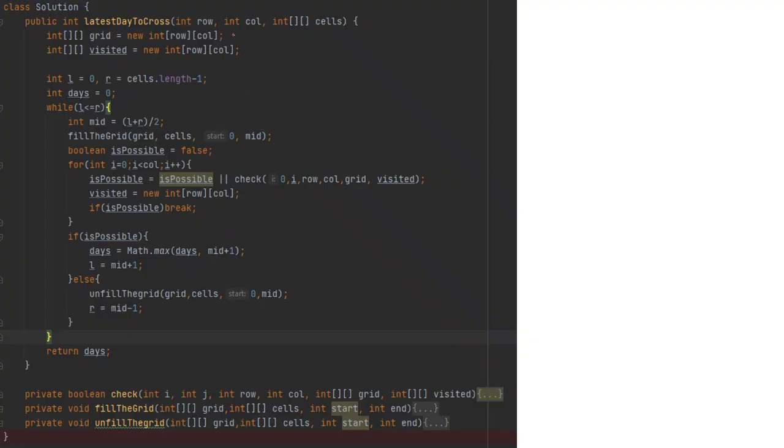See, we have initialized the grid, and we have this visited. You know the visited is needed for that DFS, so that's why we have visited. For this L and R we have taken the cell length, and this R is the end one, L is the front one. This is like binary search, how we do. While L is less than or equal to R, what we are doing, we are filling up the grid first. So suppose we have this grid,